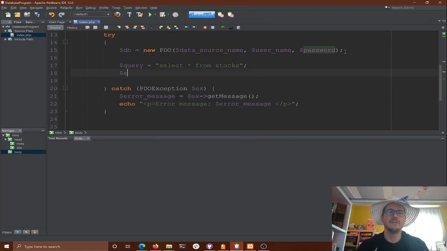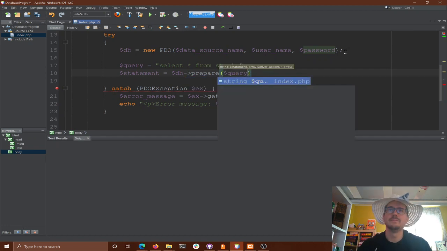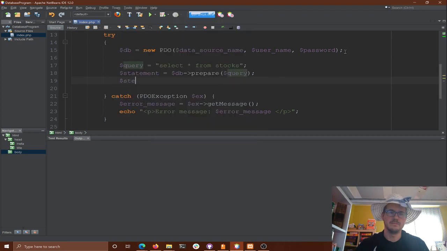Then I have a statement, and that's my DB prepare. We're going to prepare our query statement. It takes a couple steps: first build the query string, then prepare it, and then execute it. So then I have my statement execute.